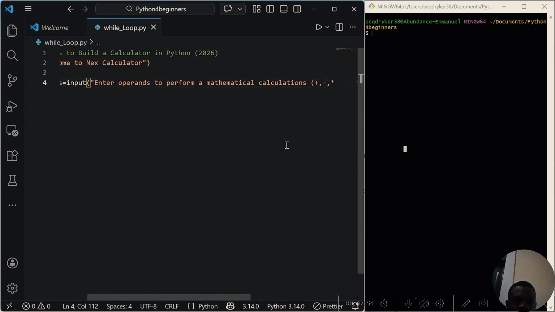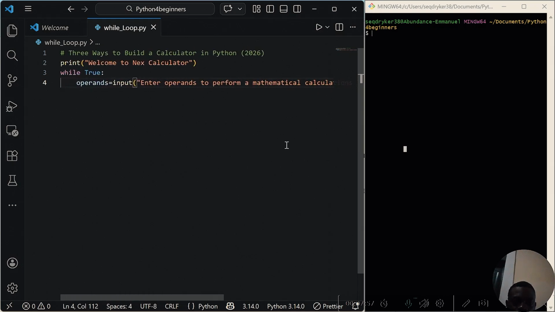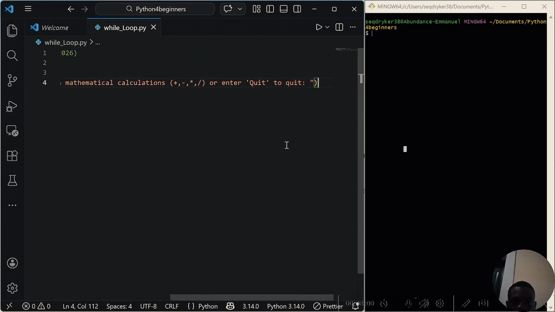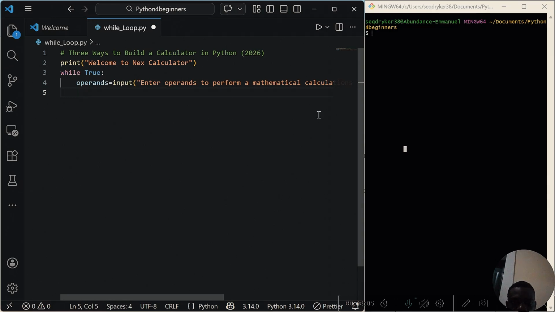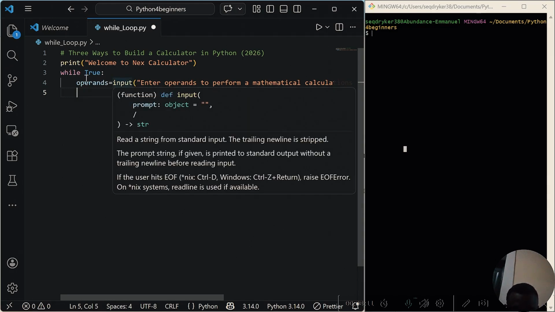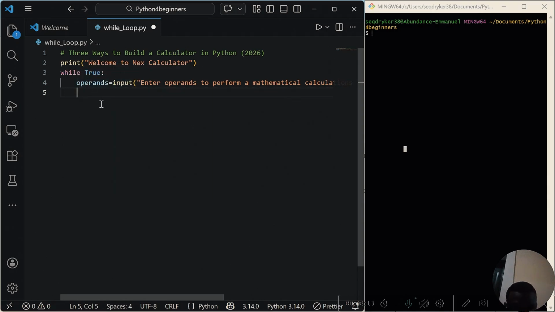So when they enter an operand, what else are we going to do? Let's end our loop at some point, so let me give you a condition to break that loop. I'm going to use an if statement now. Whatever they are entering inside this input is going to be stored in this variable called operands. Are we clear? So I'm going to say if operands is equal